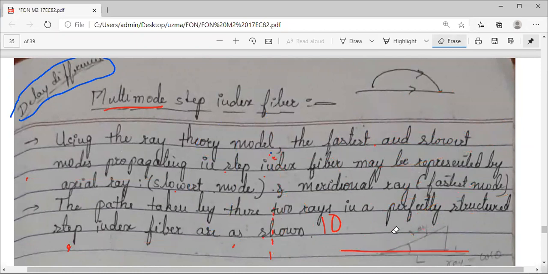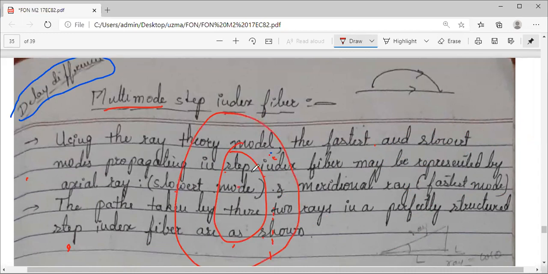I am now discussing the multi-mode fiber. Hence, we come across many different rays inside the core region. This is your core, assume, and this is your cladding. Let the structure be bigger so that you'll understand it a bit more clearly. This is your fiber axis. I'm not drawing the cladding. This is your cladding. Fine.